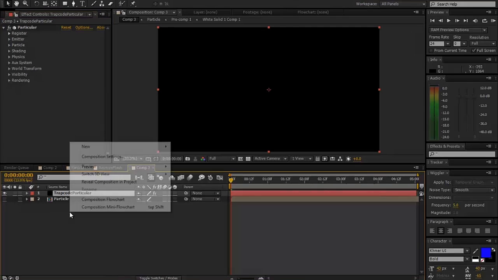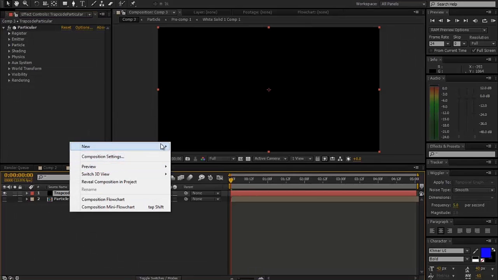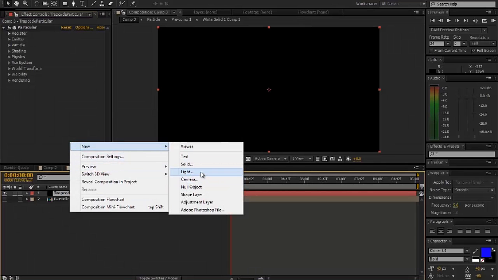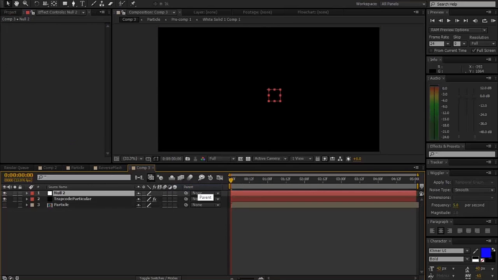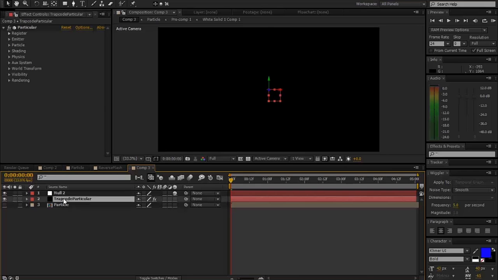I'm going to go ahead and create a null object. There we are. I'm going to go ahead and make that a 3D layer. Now, I don't have any footage to work with, but you'll be able to definitely understand how this works. It's pretty simple, and I'll possibly do a tutorial later. I just didn't have time to go out and film something. I got 2 kids, and you know, it's difficult. But let's go ahead and